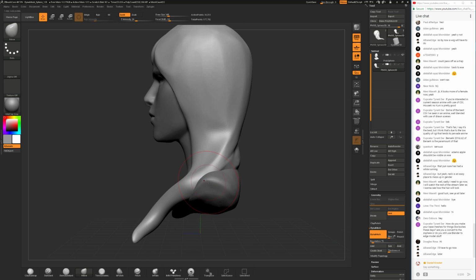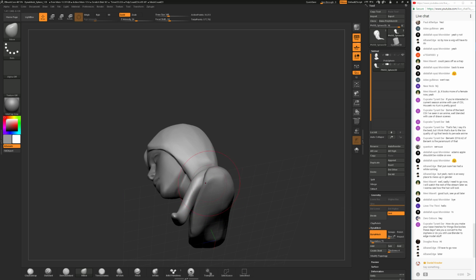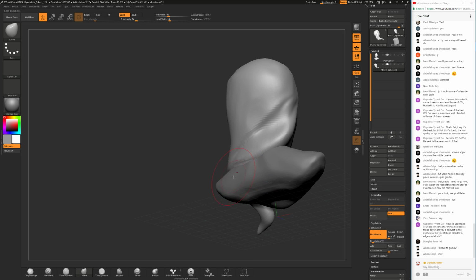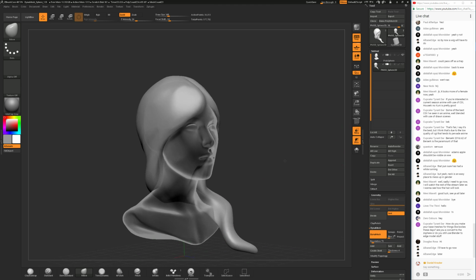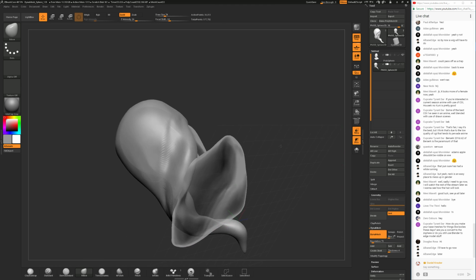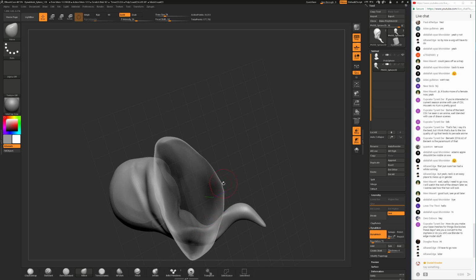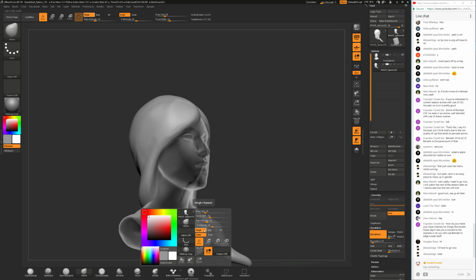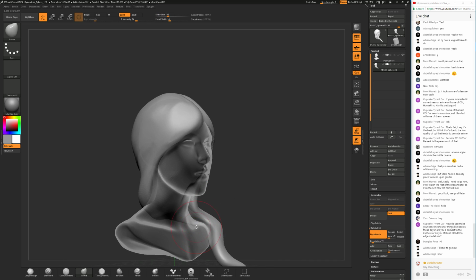But I will try to quickly get this hair somewhere where we can leave it and call it a day. I don't want to leave it too unfinished. So if I click on this transparent button, I can get a view through the model, and I can try to make it a little bit less intersecting. That can help us with getting the effect right of the hair lying on top of the skin, not intersecting with it.